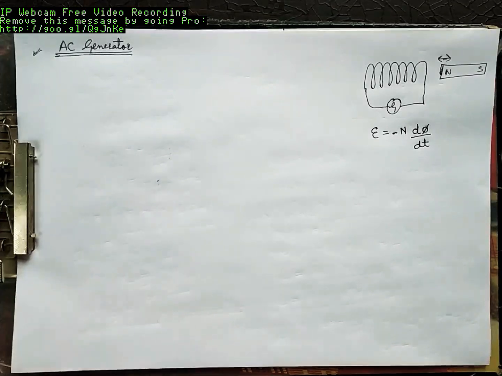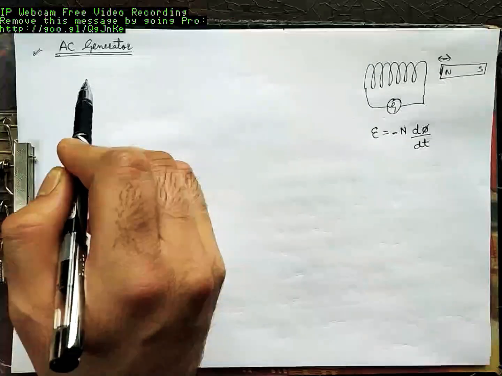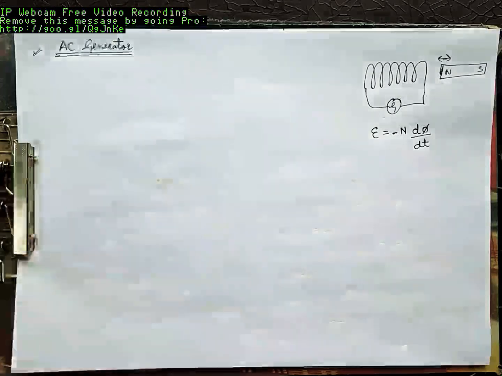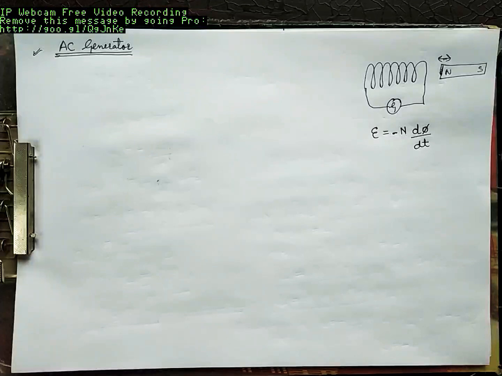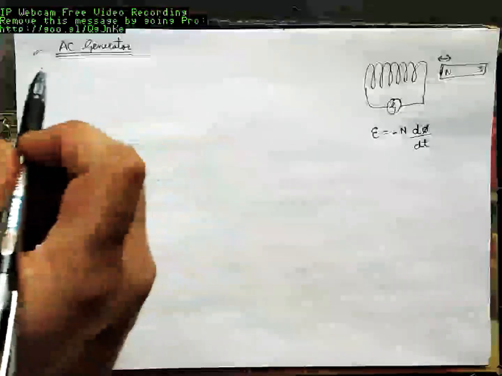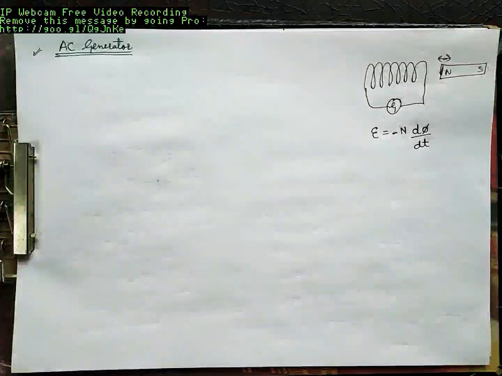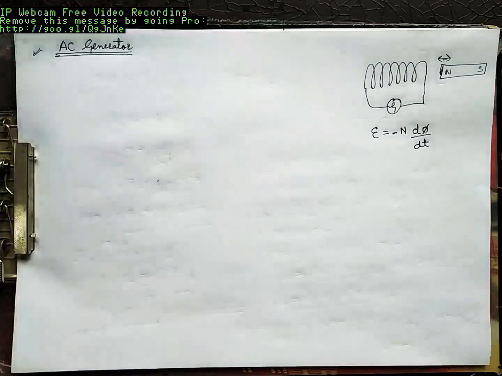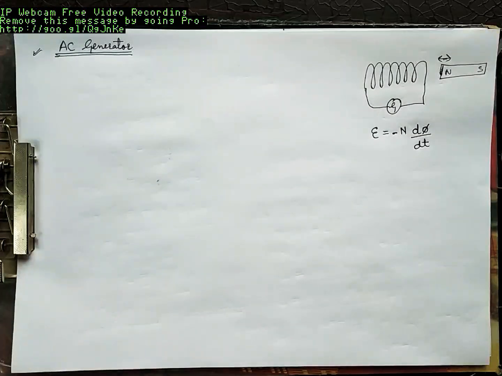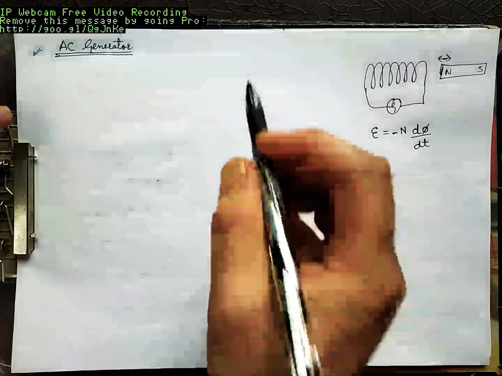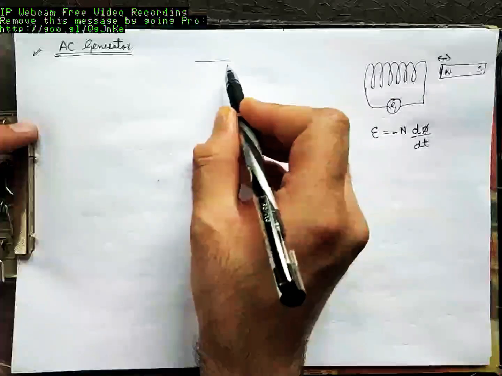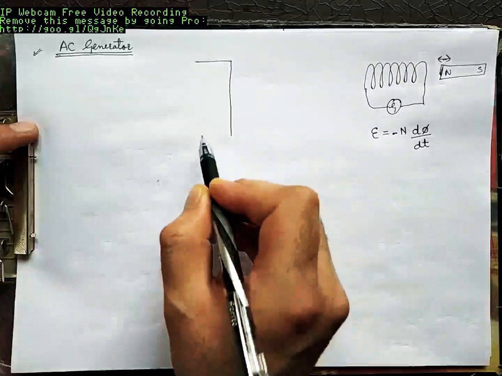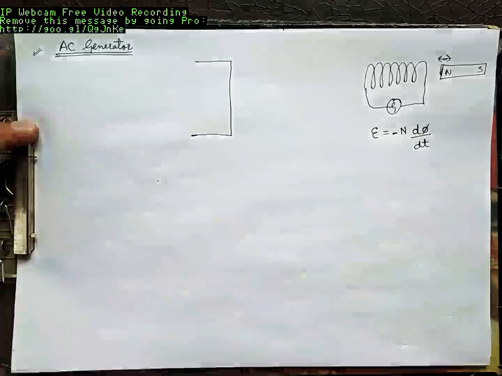Thus, if someone asks you what an AC generator is, the answer is as simple as this: an AC generator is a machine which is used to produce electrical energy. Fine. Now, what basically is an AC generator? Before coming to the principle of the AC generator, let me draw a simple schematic diagram of it over here. This is a very interesting topic and some of you may opt for electrical engineering in future, so this will be helpful.